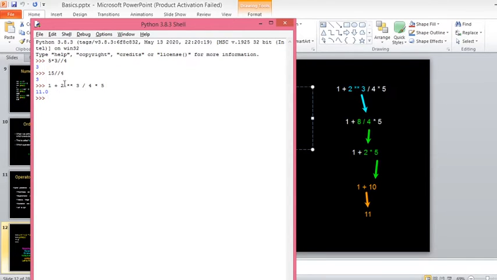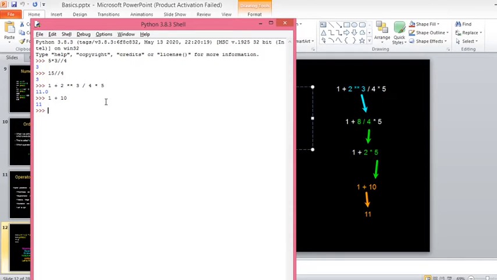Because of the order of evaluation, obviously this has to be done first: 2 raised to 3 is done first, so that will be replaced by 8, and then the division operator and multiplication operator. When you go from left to right, the division operation will come first, so 8 divided by 4 is 2, then 2 into 5 is 10, then 10 plus 1 is 11. So that's why we got the answer 11.